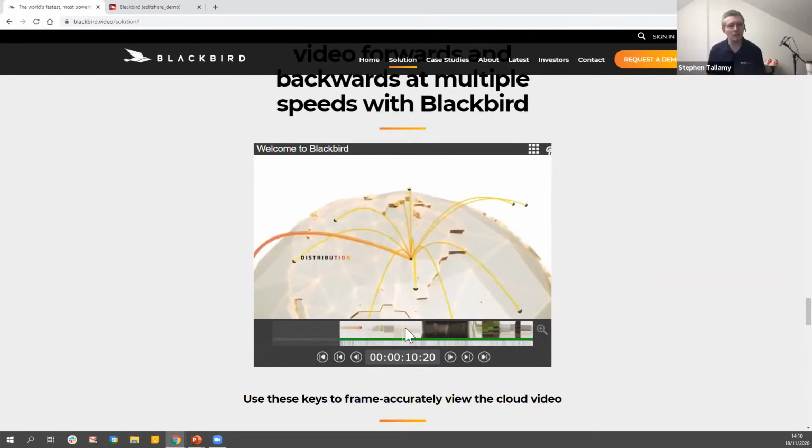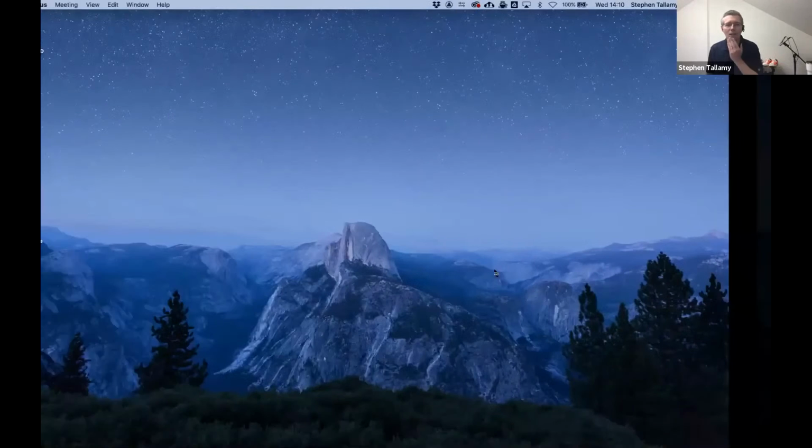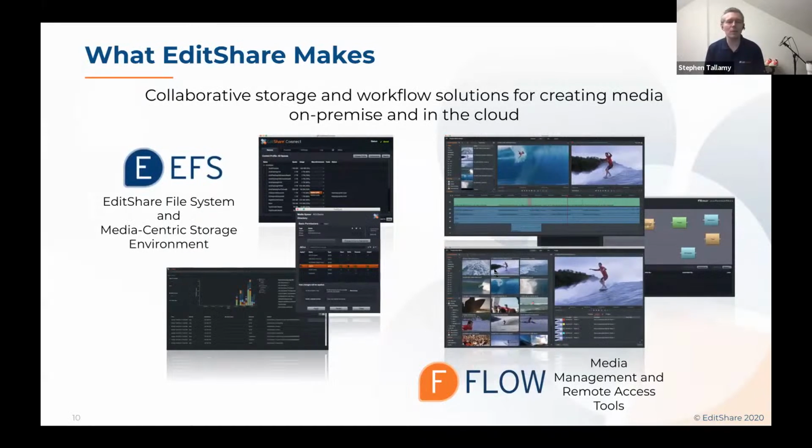That's great, thanks, Ollie. And I think that technology is pretty incredible stuff. When I talk to the team and talk to other people, they say, oh no, you can't edit video in a web browser. Well, this really shows you that you can. And those are the key things that you need to be able to do in a web browser: be able to move and shuttle about and have no latency as you're doing that. So it's really an impressive technology.